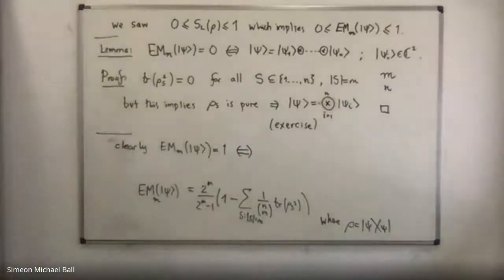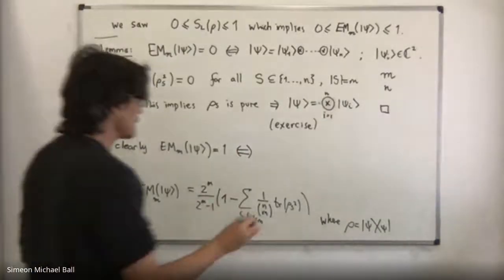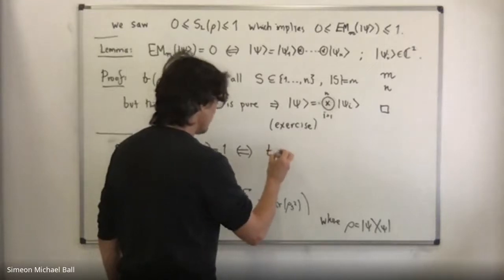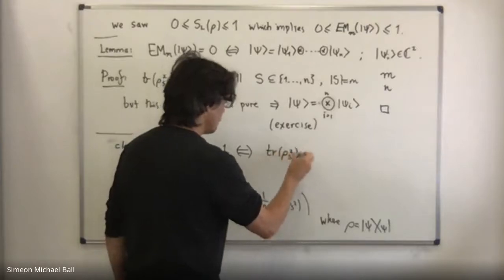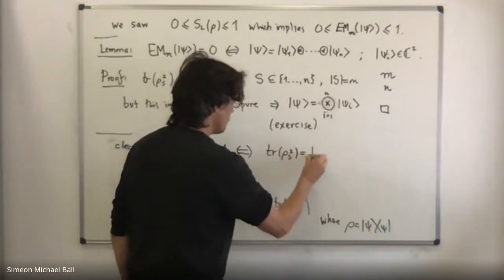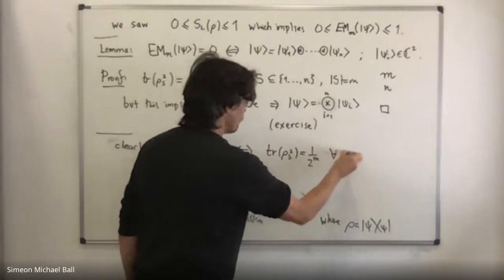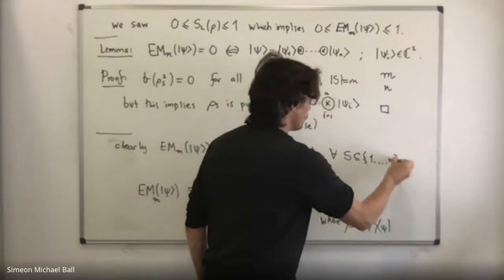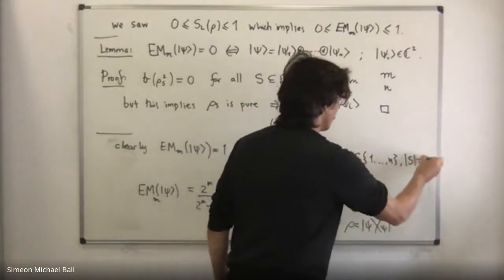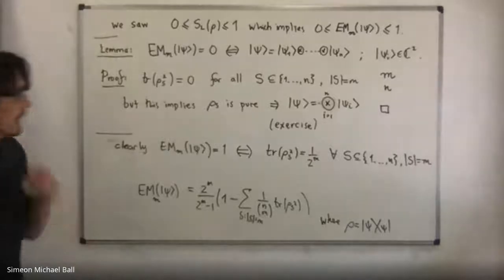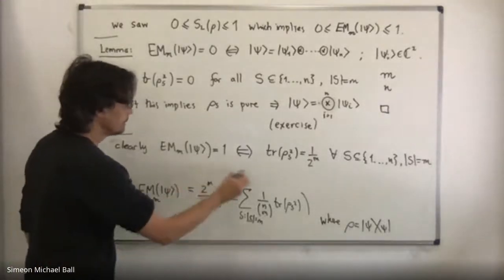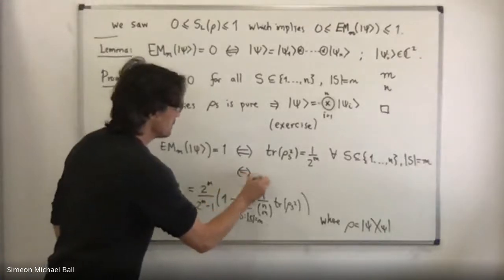Well, that's equivalent to all of the things being completely maximum mixed. So for every single subset we have this. So this is